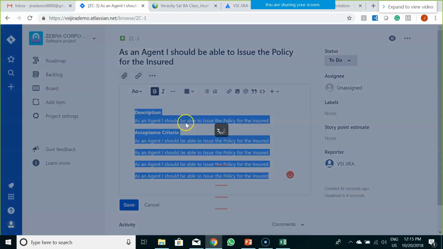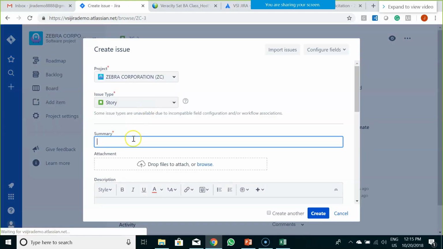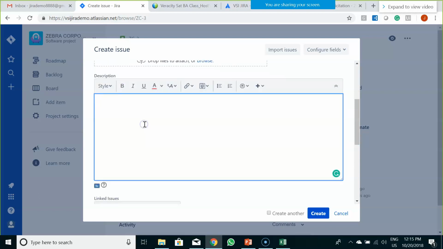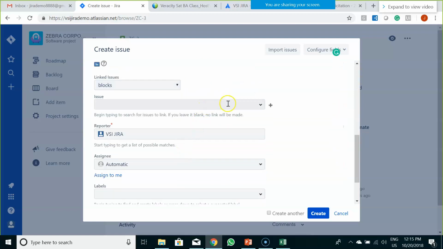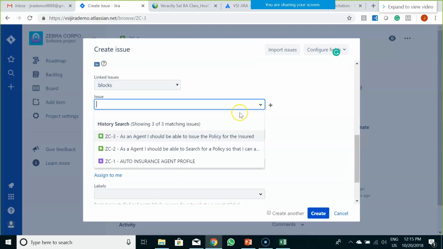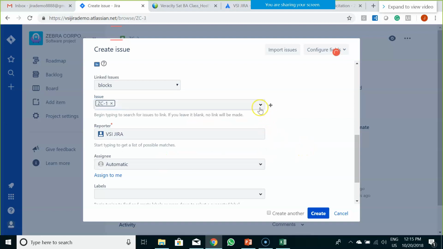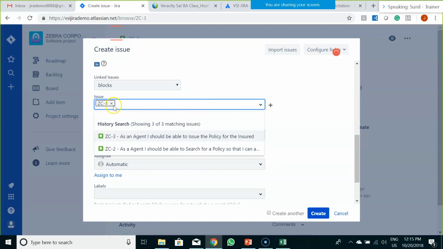Okay, I would be needing a few more user stories. As an agent, I should be able to pull a motor vehicle report. So this is a place wherein you could actually do the traceability.